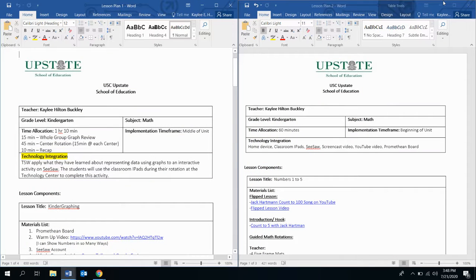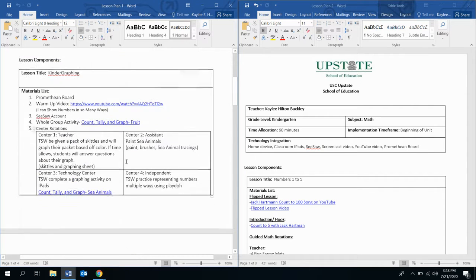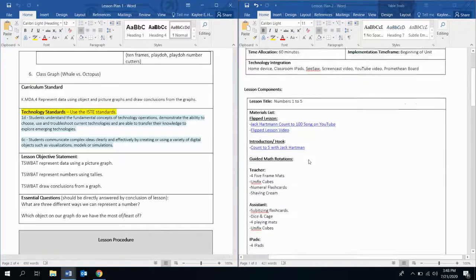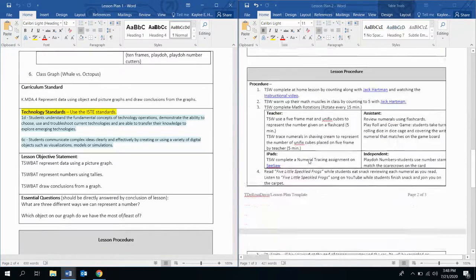Hey guys, I am going to go over both lesson plan 1 and lesson plan 2 and show a quick tutorial on the tech tool that I used in both of them. As you can see, I teach kindergarten and I chose math for both lesson plans. I'm going to start by going over the technology standard that I used in both lessons and why